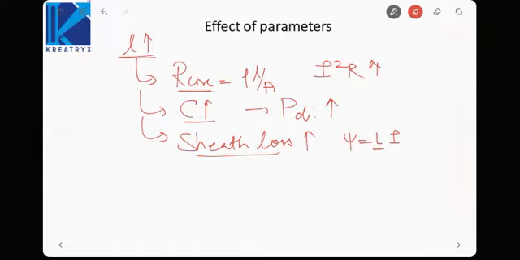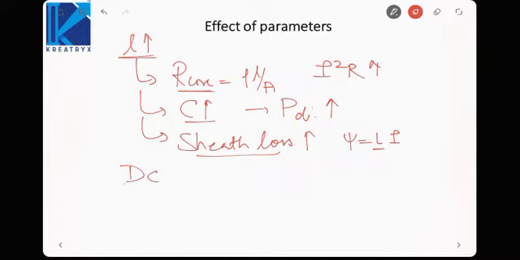Okay, so now losses are more in case of cable, as we have different types of losses due to which heating is more and thermal damage can happen in a cable. So that is why we do not use cable for bulk power transmission or very high power transfer capability.